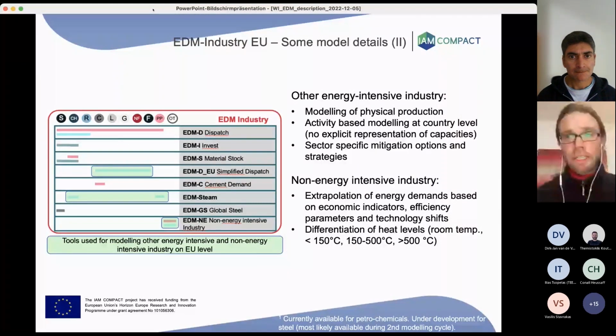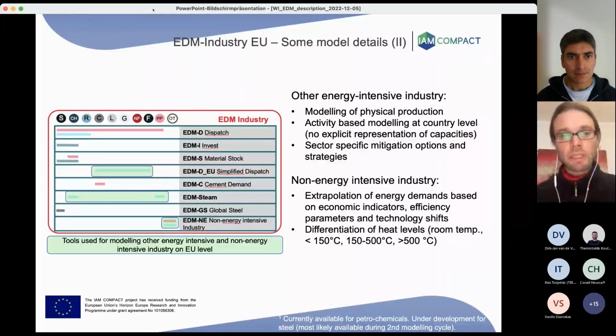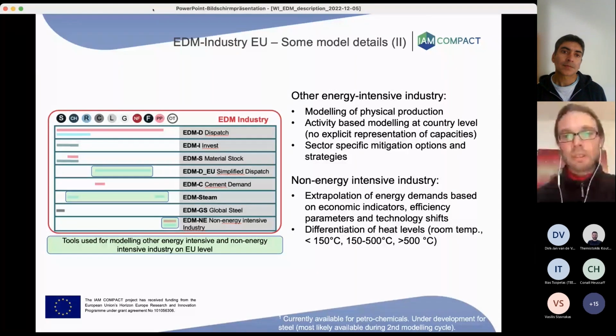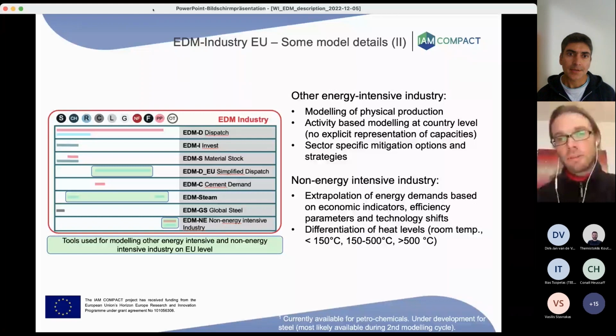For the other industry sectors, the modeling is more simple. We have the other energy-intensive industry, starting from cement, lime, glass, non-ferrous metals, and so on, which we also model on a physical basis, but activity-based at the country level. Here we don't currently have an explicit representation of capacities. While we do know the plans for cement, for example, we don't have them explicitly in the model yet.